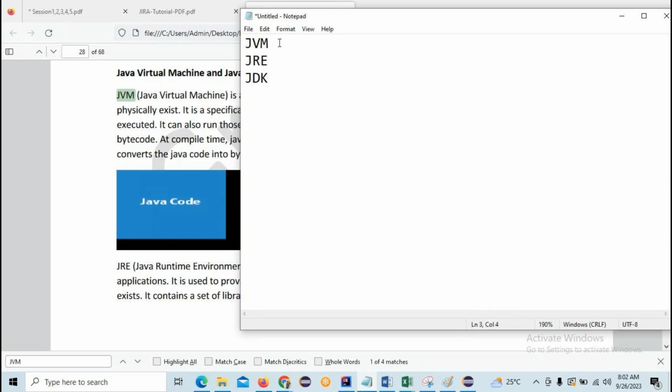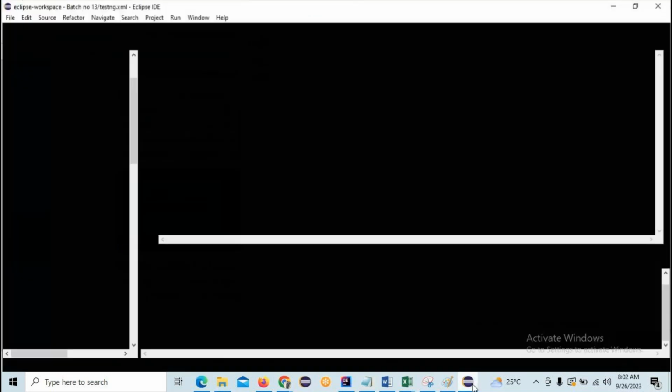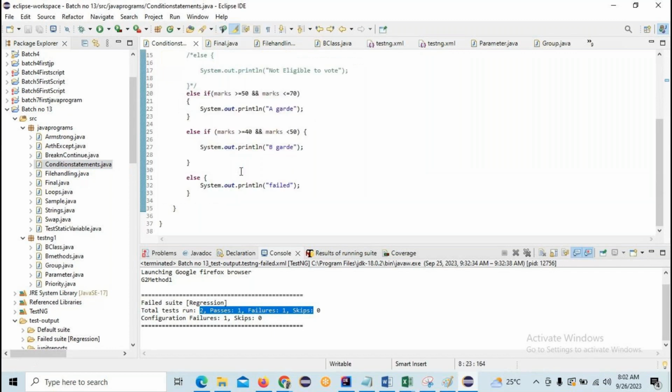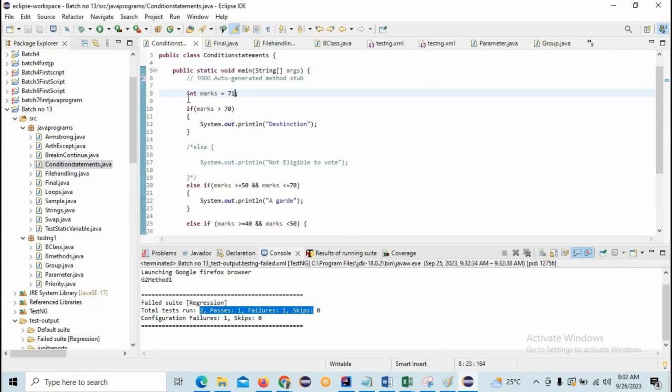Okay, here JVM is nothing but we are going to convert the code. For example, if you are writing the program in any editor like Eclipse, for example, this is Eclipse, right? So if I open this one, I am writing the code in which language here? Java language, right? So if you see that program here, this is a Java language. As a human, you understand that this is the print statement. If you know the Java language, you can understand easily what is meant by static, and why we are taking class.